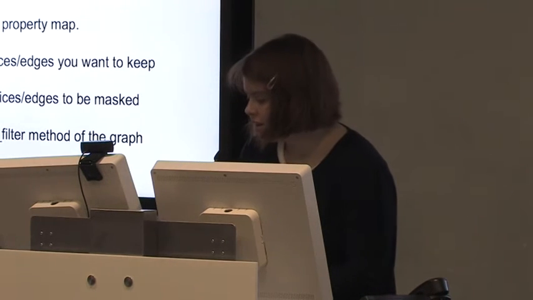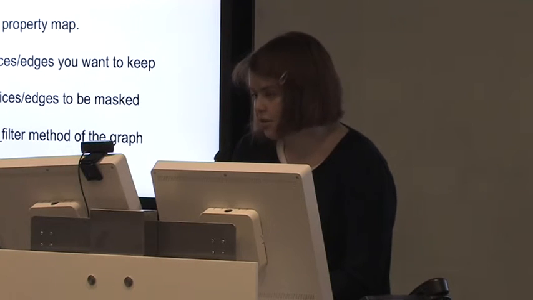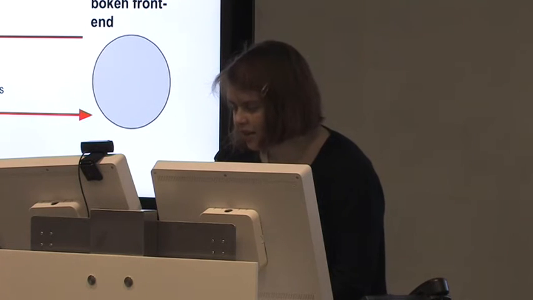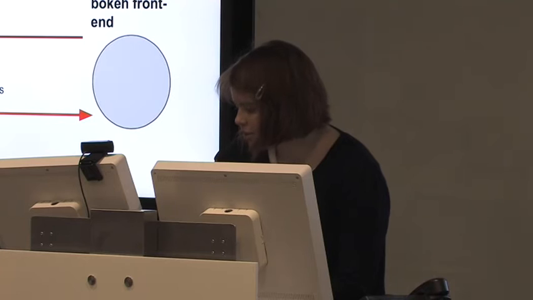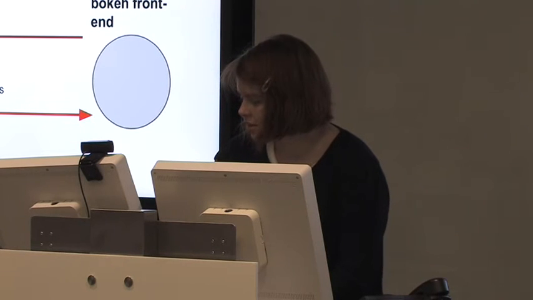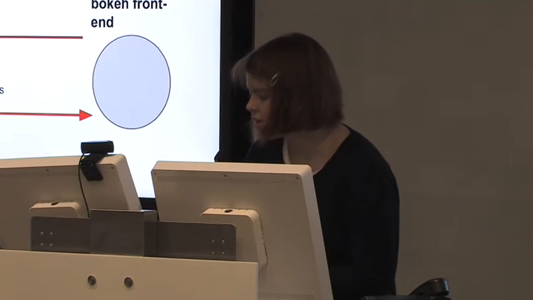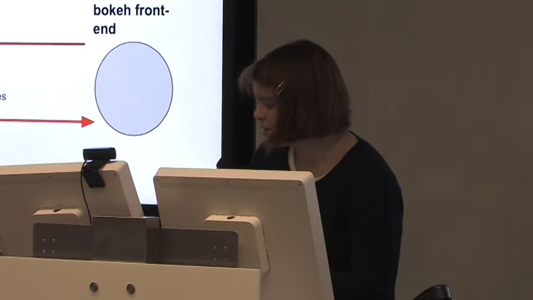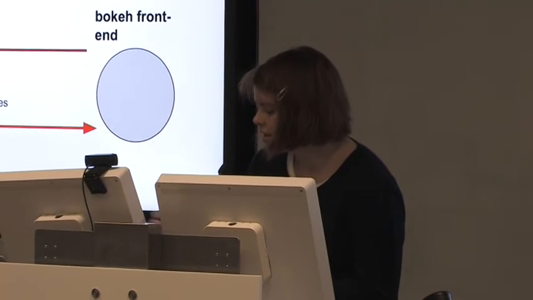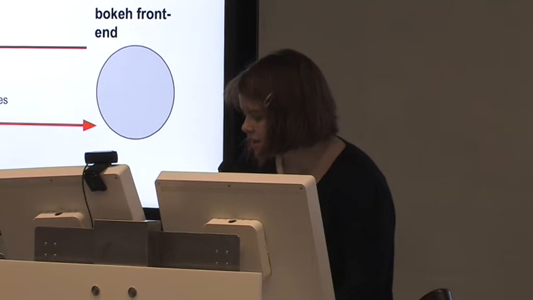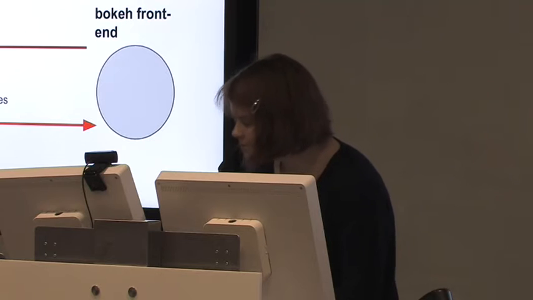You do that by creating an edge or vertex property map and simply setting true for all the vertices that you want to keep and false for all the vertices that you want masked. So this opens up an avenue to creating interactive graphics by using Graph2's filtering functions and then using Bokeh. So you'll have Bokeh on the front end, sort of driving the visualization, and you can type in the name of a station to filter out, and then that request is going to be sent to a backend where Graph2 will do some computing and update the betweenness values and then send them back to Bokeh.